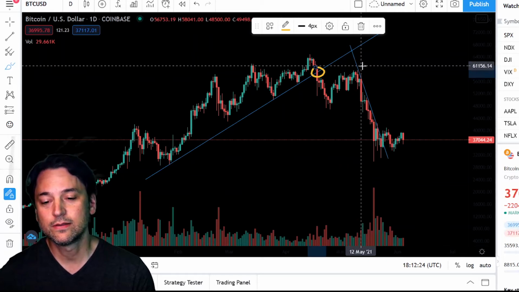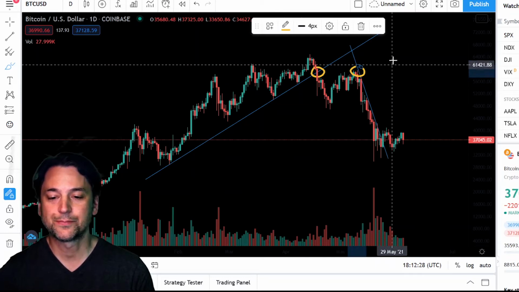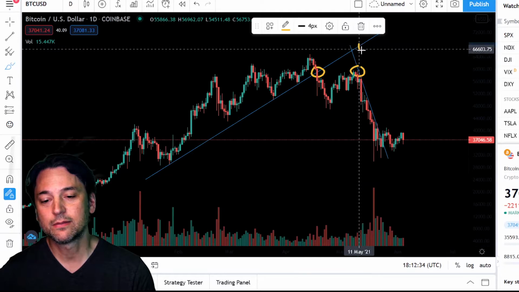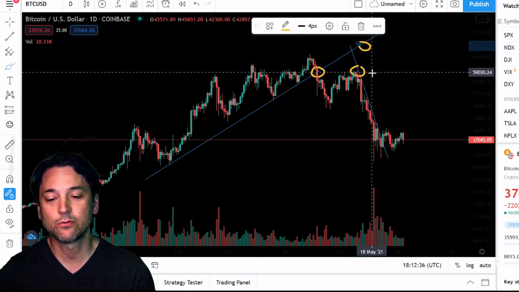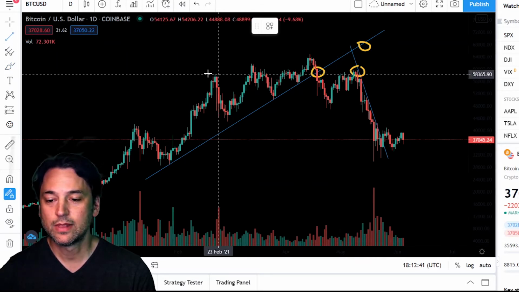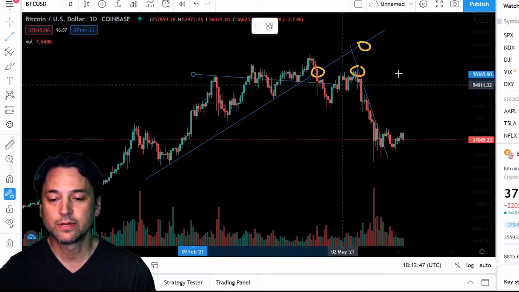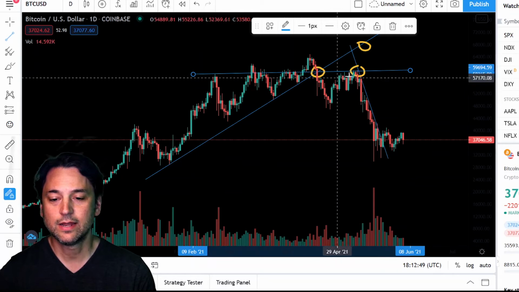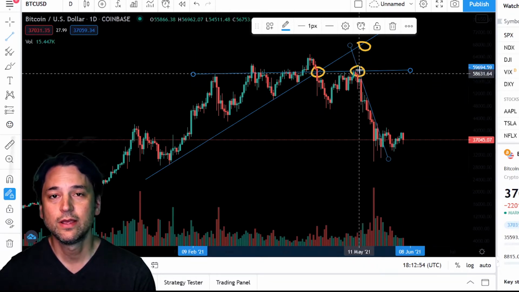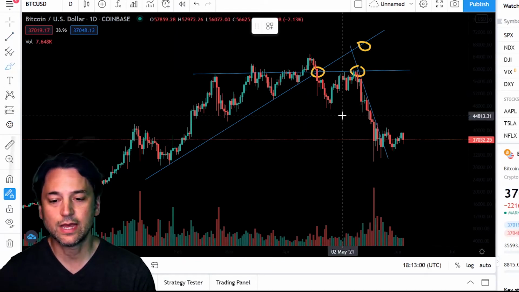But what else is important here is where it came back up to at this point. If it had been still a strong market, you might have expected it to make it back up to this line here. However, when it failed to do that and really reached the same level as you can see here, a level that it's really been hitting a lot at that point, it was going to be really hard to get through there. And when it failed to get through there, that was a really strong signal that it was going to be heading lower. All right, so that's what happened.